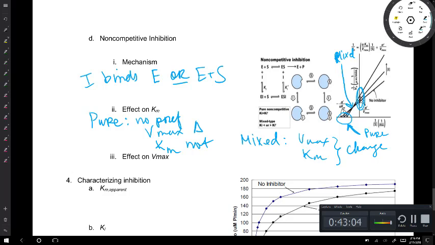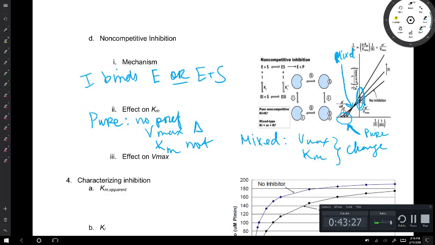Because with pure, the Km would not be affected, and so we would see it intersect on the x-axis, whereas if it was mixed, the Km would be affected, and so we would see the lines intersect ahead of or behind the x-axis, so we would see different Kms or different